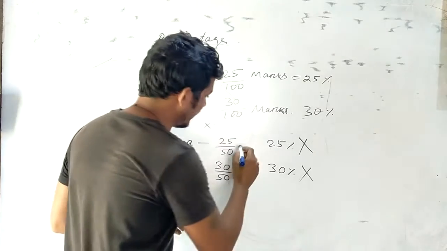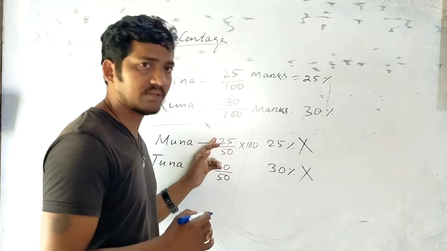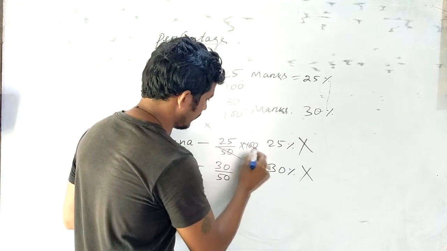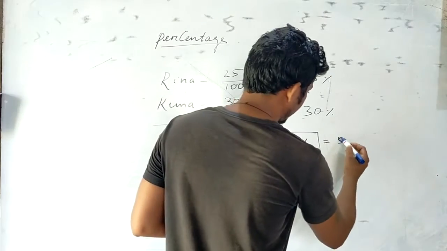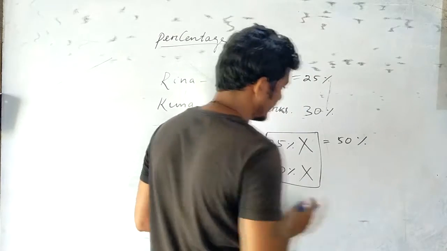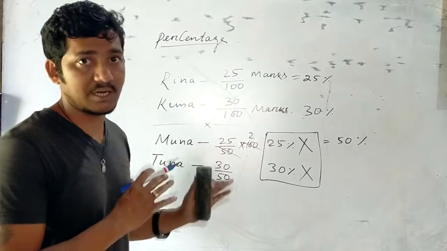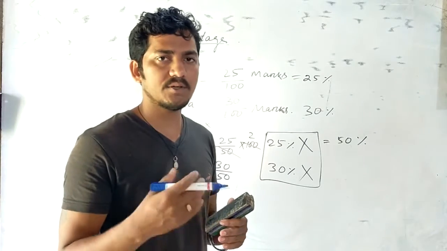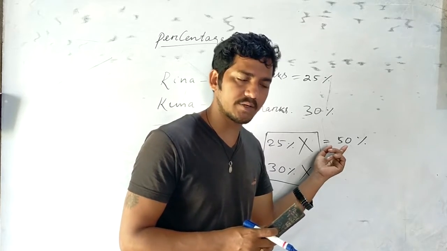Here simply multiply 100 with the fraction, the mark obtained out of any number. Then the result that comes, 25 by 50 times 100, is 50. After doing this, we can put the percentage sign, because now it has become out of 100 marks. It is simple: if the examination were held for 100 marks, then Muna would be able to get 50 marks out of 100.